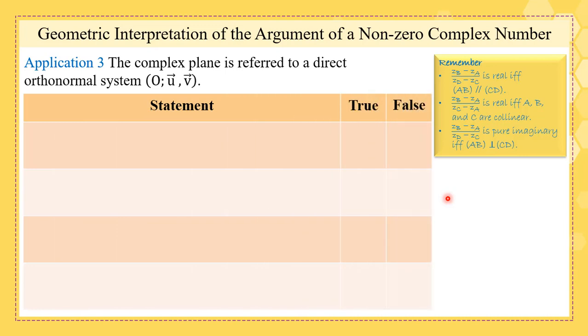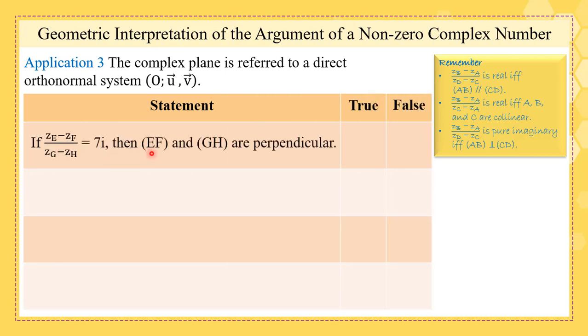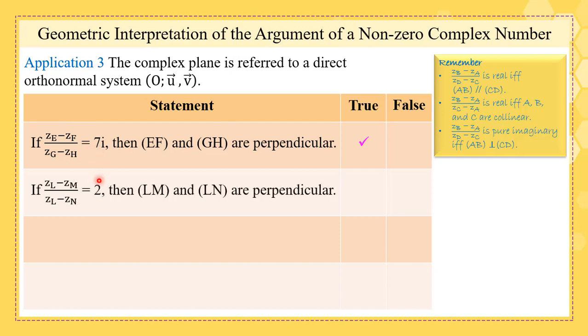Now let's see this application. If this quantity is 7i, then EF and GH are perpendicular. Is this true or false? Try to think about it. Pay attention to the order of letters. Well, this is true. EF in the numerator, GH in the denominator, and this is pure imaginary. The second case,